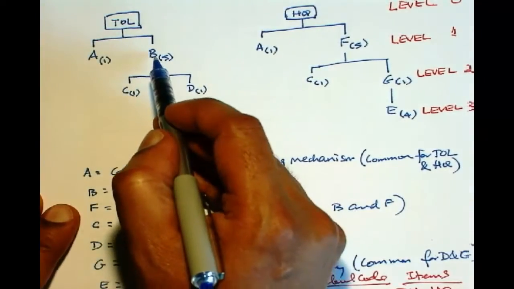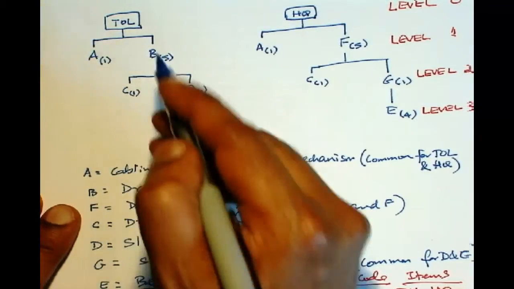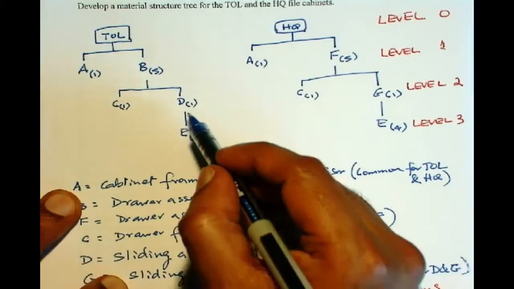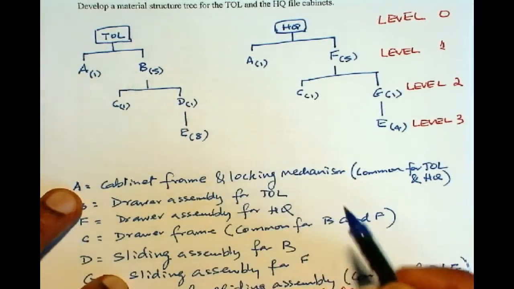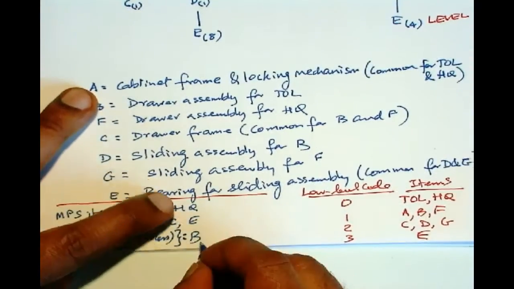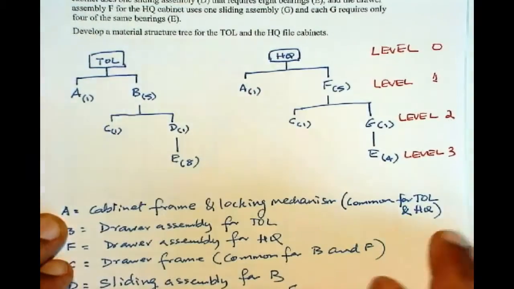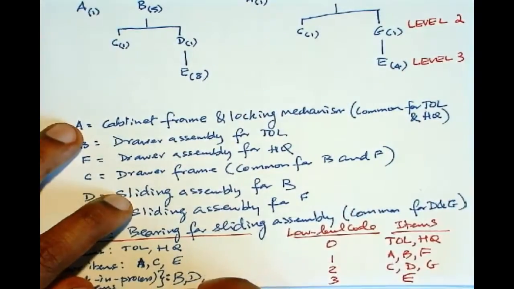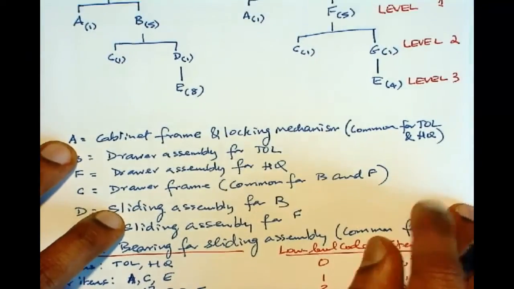So B is put together using C and D. So B is a work in process item. Similarly, D is made using E. F is made using C and G. So that's a work in process item. And similarly, G